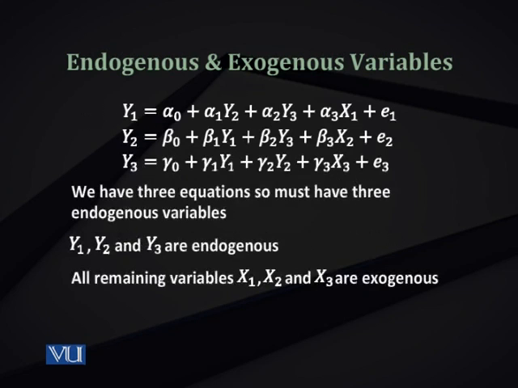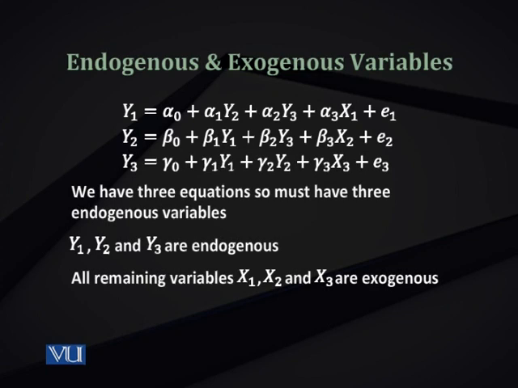Now let's move to a three-equation model to further clarify the process of identifying the endogenous and exogenous variables. This is simple because again you are seeing a model where three endogenous variables y1, y2 and y3 are on the left-hand side. Remember something here. I have just symbolized the endogenous variables as yi, that is y1, y2, y3, and the exogenous variables as x1, x2 and x3. It is not necessary. You may have x1, x2 and x3 which may be endogenous. So it's just labeling of the variables. For easing your life, we have the equations with the parameters. Normally we denote yi as the endogenous and x's as the exogenous variables.